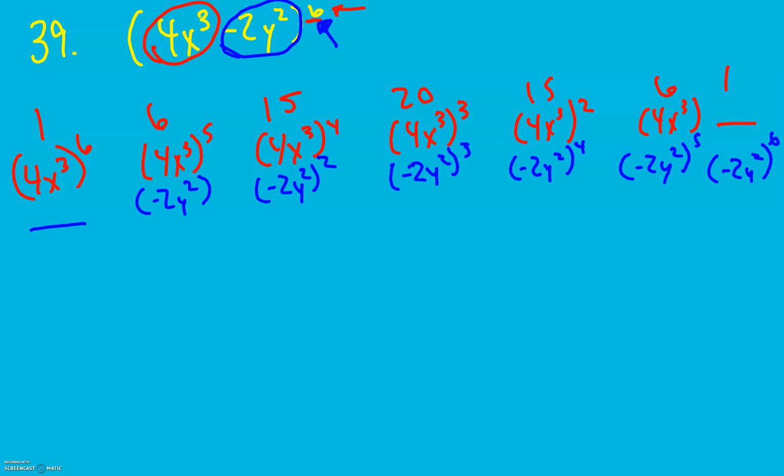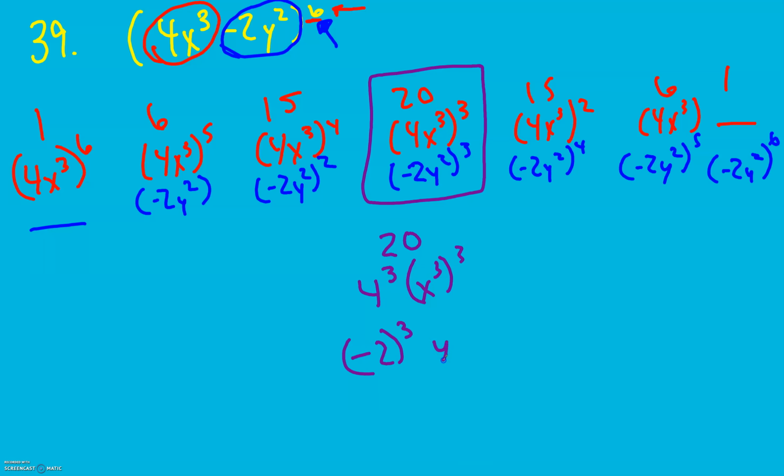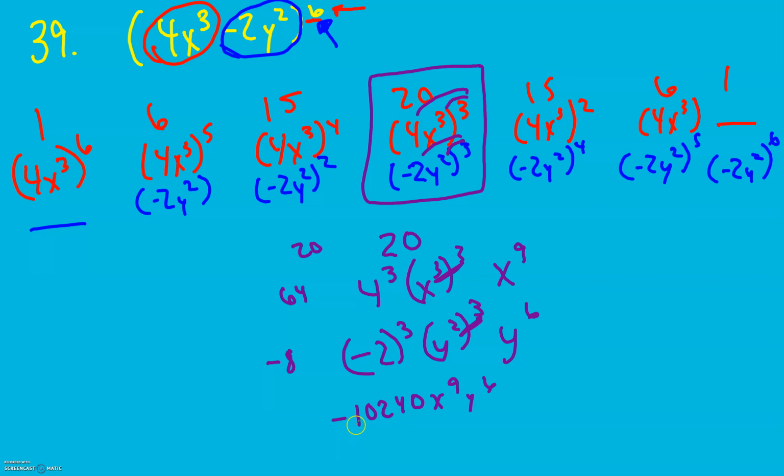So that, and I want to show you how the exponents work here. I'm just going to do one column. I'm going to take 20. 4 gets cubed, and the x cubed gets cubed. -2 gets cubed, and the y squared gets cubed. I take that into all the pieces on both of them. Power to a power means my exponents are multiplied. My exponents are multiplied on my variables. So here I have -8, 64 times 20, which gives me negative 10,240 x to the 9th y to the 6th. And that's